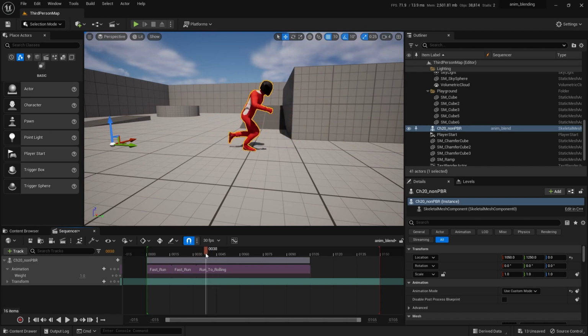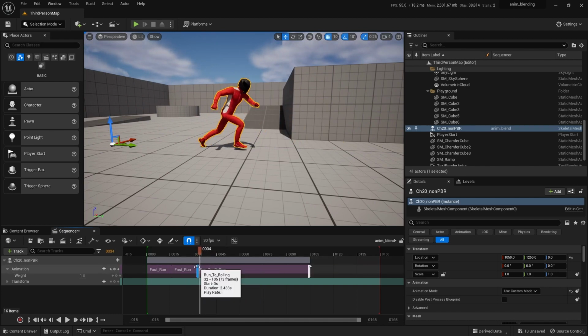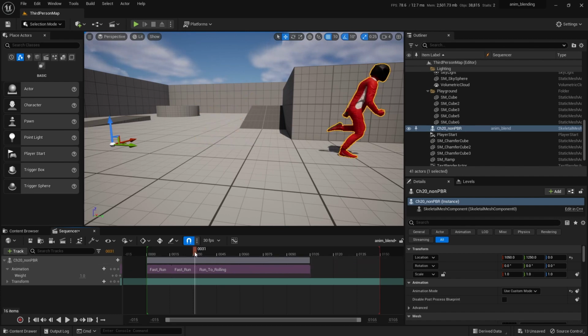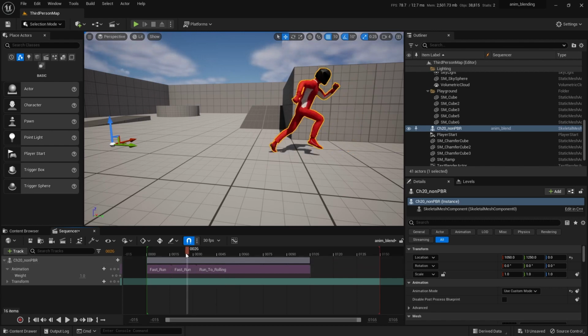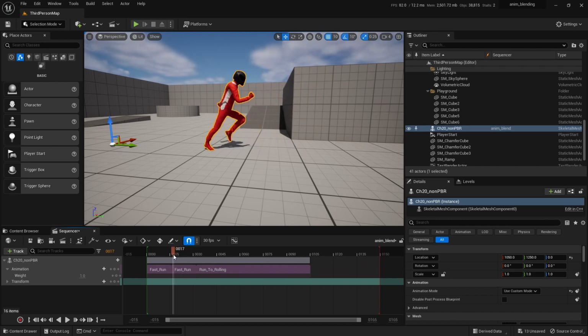So this run to rolling clip is starting at the end of where this second one looped back to its starting position. Remember, the second one's starting position is actually here because we did the bone match from the first to the second. So this right here is the position of the second clip's starting point.